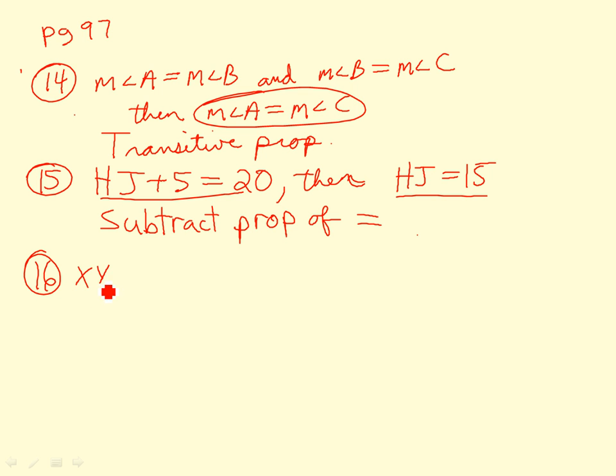Next one, XY plus 20 equals YW. XY plus 20 equals DT. Before I write down anything else that they've got written, what do you notice here? Those are the same, aren't they? Well, if XY plus 20 equals YW, XY plus 20 equals DT,